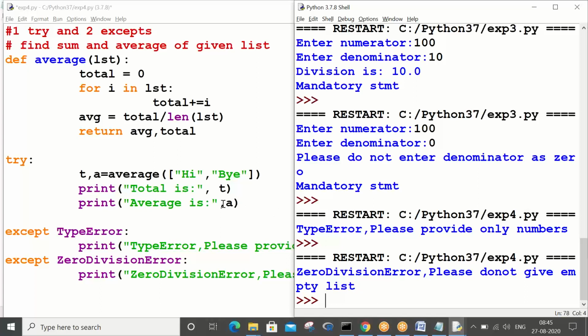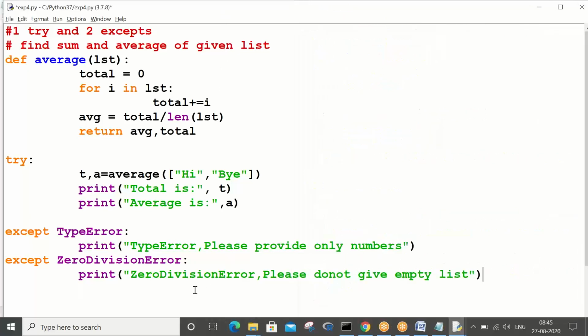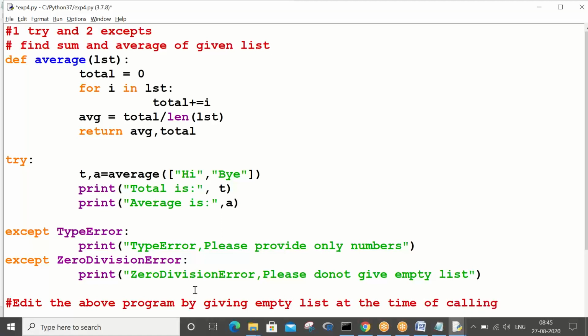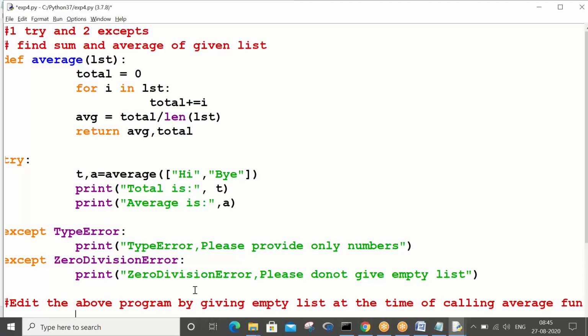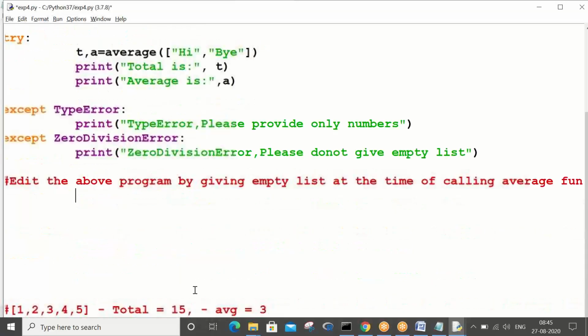TypeError, right? Once you write down this entire program and give the output as TypeError, after that in your notes you write: just change, edit the above program by giving an empty list at the time of calling the average function. So how do you give an empty list?